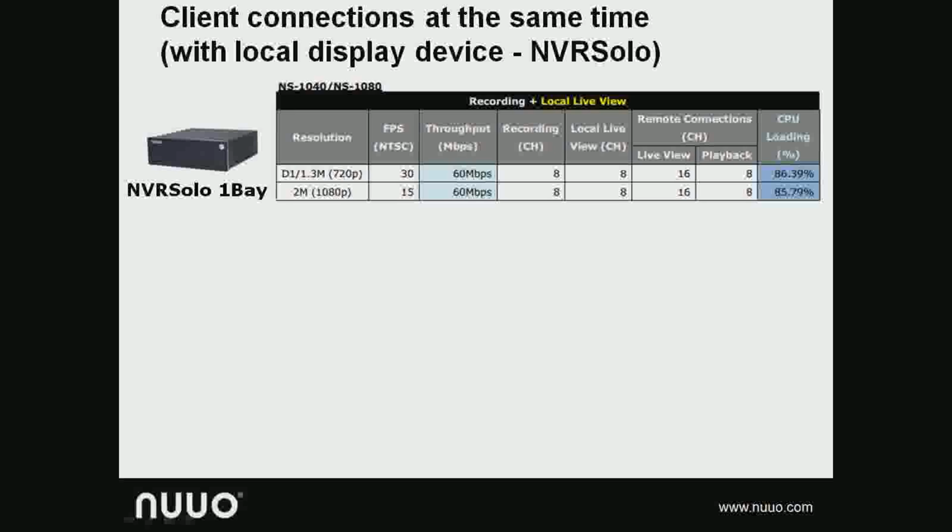For Titan NVR R1 and the tower model, when it is connected with 30 pieces of D1 or 1.3 megapixel cameras at 25 frames per second and shows the full channel local display, it can output 30 live view connections and 16 playback connections